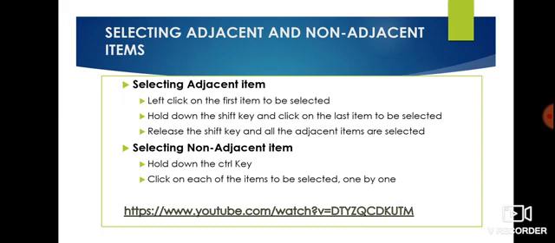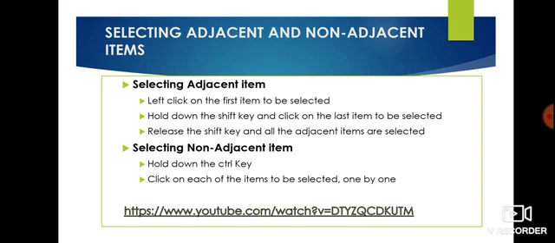For that we have to hold down the control key. See, for serial, adjacent items there is the shift key; for random or non-adjacent items we have to use the control key. Hold down the control key and click on each item to be selected one by one. While holding the control key, you select each and every item that you want.